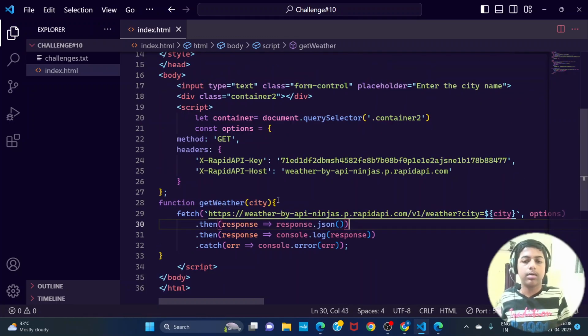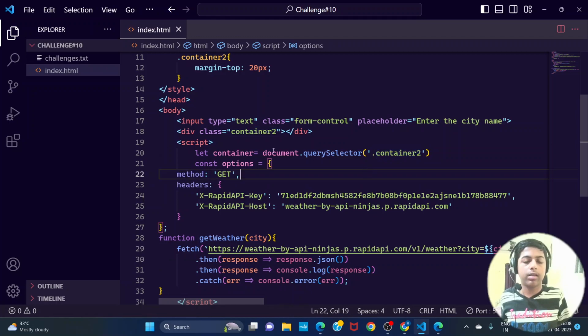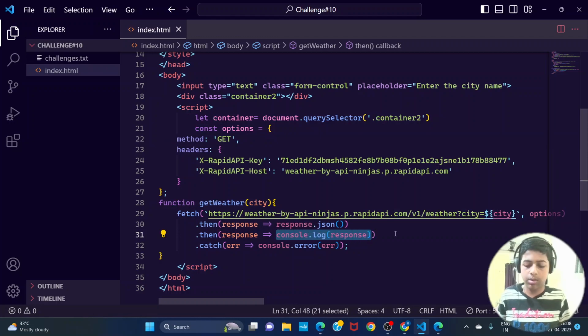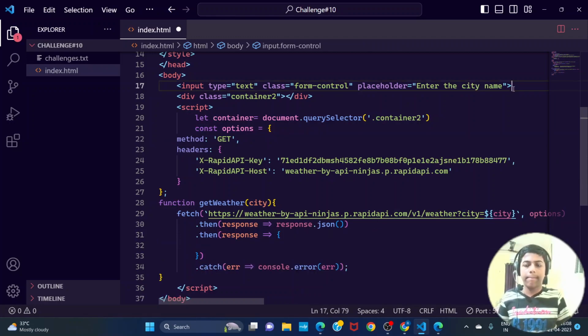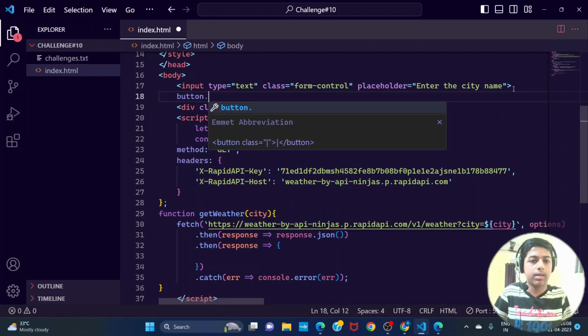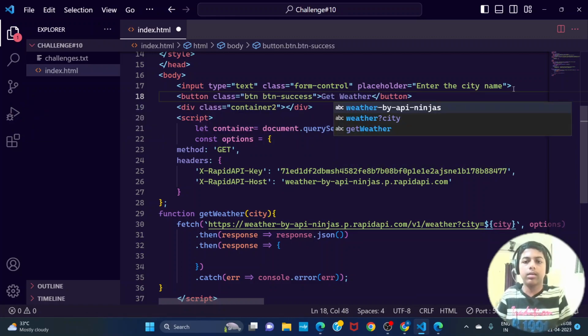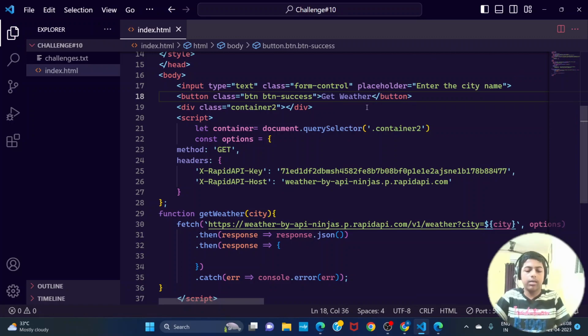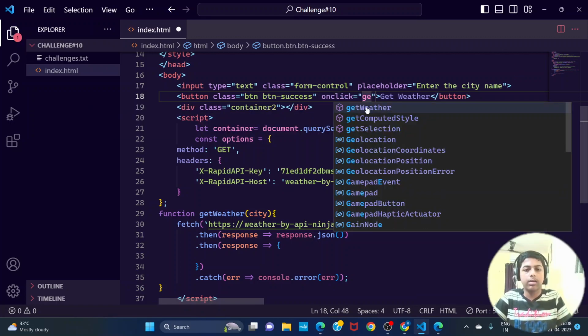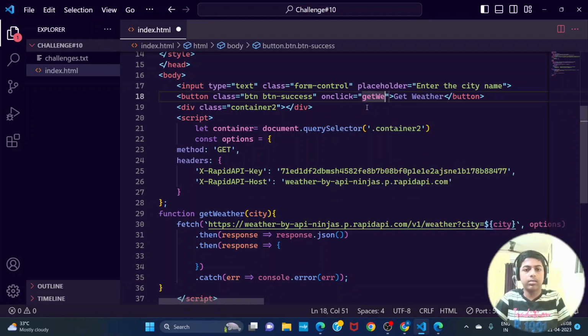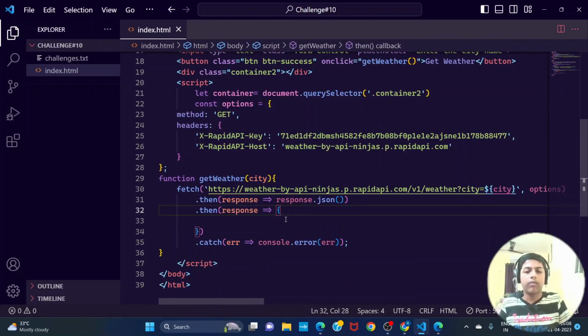Now here we are having a container two, right? So what we are going to do, we are going to say when we are fetching the response, let's make a button here. Get weather, and let's say on click get weather. That's it. Now in the response, what we are going to do, we are going to say in the